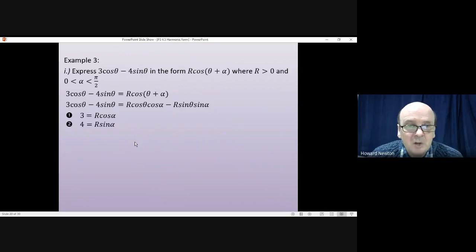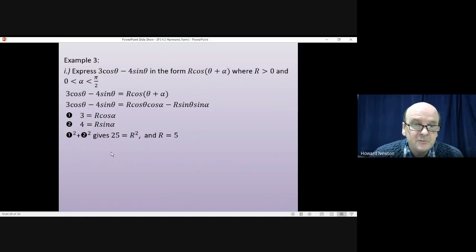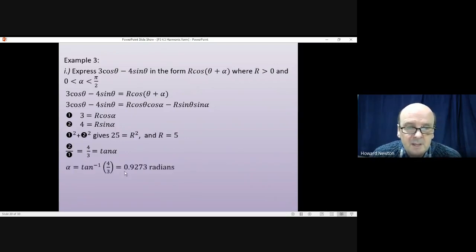So equating the coefficient of cos theta, we get 3 equals r cos alpha. Equating the coefficient of sine theta, we get 4 equals r sine alpha. We use Pythagoras to find r, squaring and adding. Again, we've got 3 squared plus 4 squared, so we'll get 25 is r squared, and r is equal to 5. We'll do 2 divided by 1 to find alpha. 4 divided by 3 is tan alpha. Inverse tan of 4 divided by 3 is